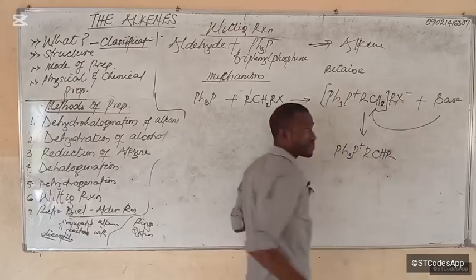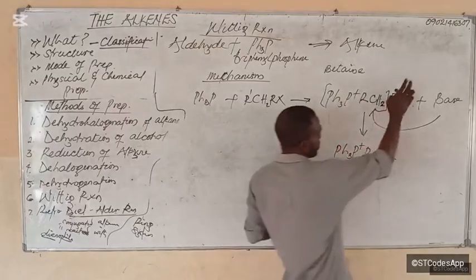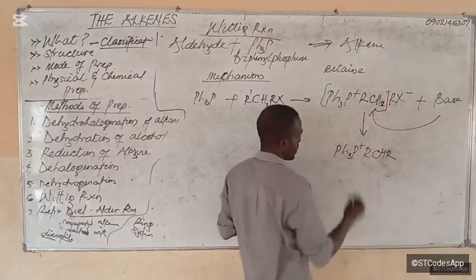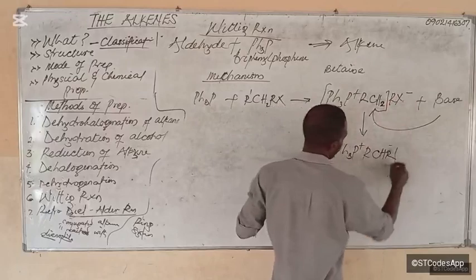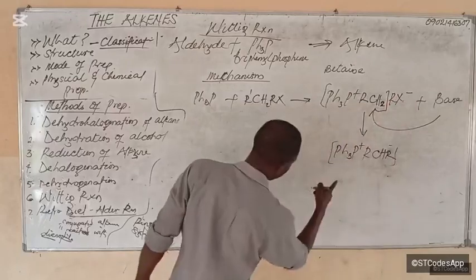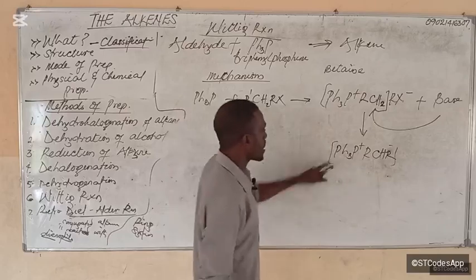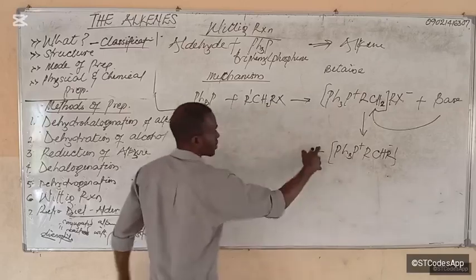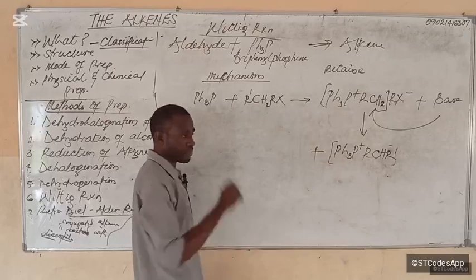Then this one will also leave with the base. Other products are formed, and then you have what looks like this. Then this is what will now react with our